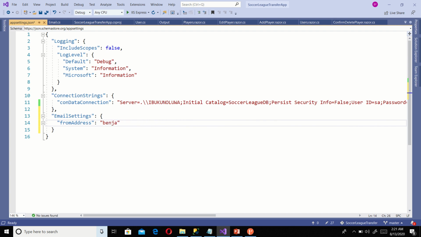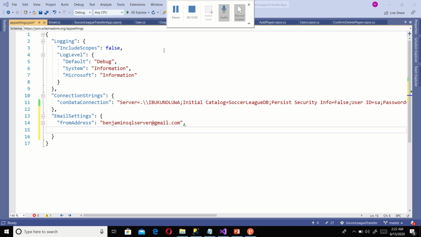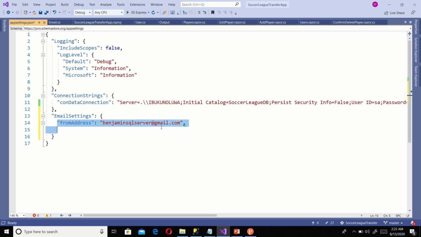I'm going to say my password and the from address is Benjamin SQL Server at gmail.com. After that, I put a comma. I press enter. Now I copy this, go down to the next line,